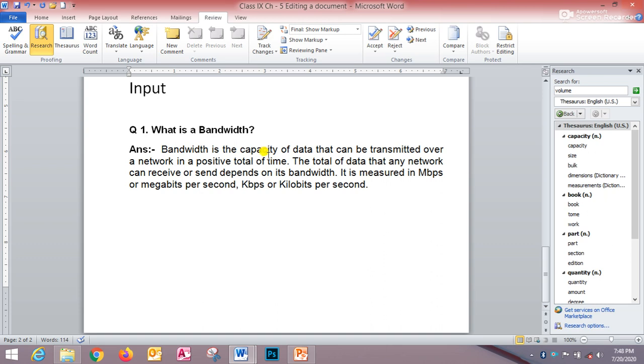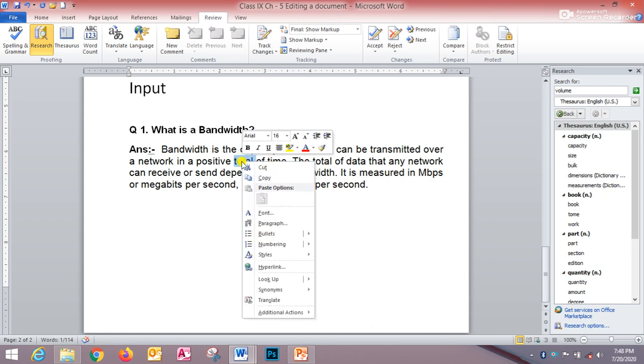Another method to apply the synonym of any word: just right click on the selected word. First of all, we have to select a word. Suppose again I am selecting the word total, then right click on it and then select the Synonyms option.